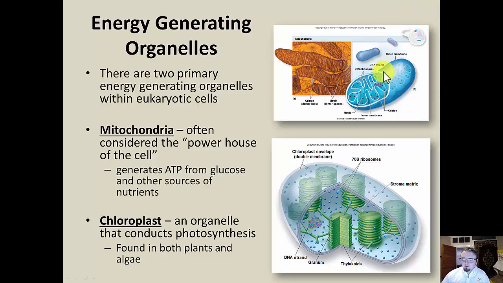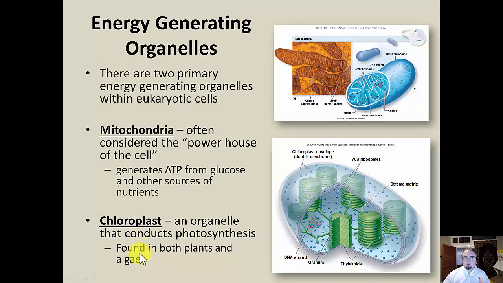The same is actually true of the chloroplasts. These are both thought to be bacteria-like organisms that were kind of trapped within eukaryotic cells with the purpose of generating energy. The chloroplast is a different type of organelle in that it conducts photosynthesis. So it's a different type of energy generating process. Photosynthesis is unique to plants and algae. There's also bacteria that do this, but from a eukaryotic standpoint, these are both plants and algae.